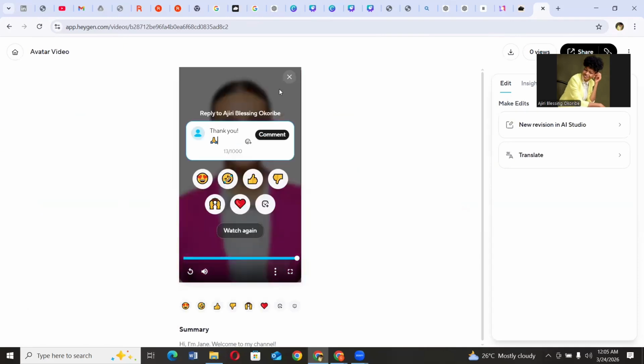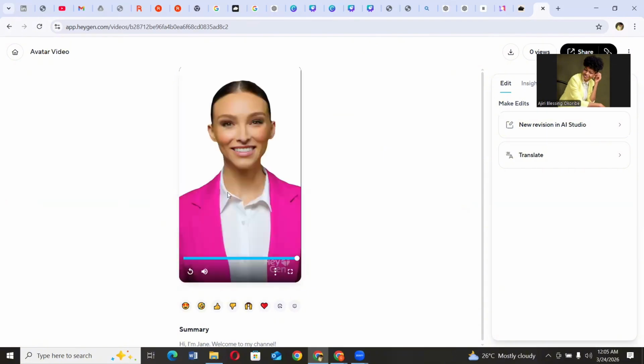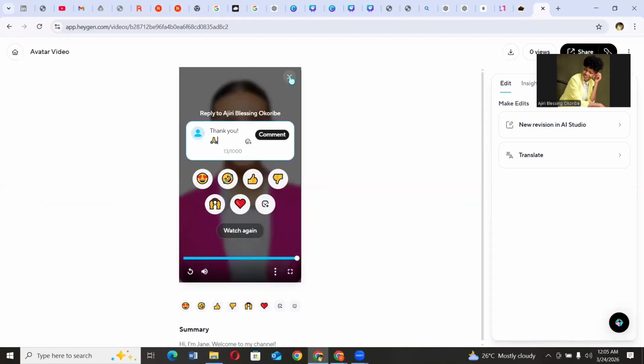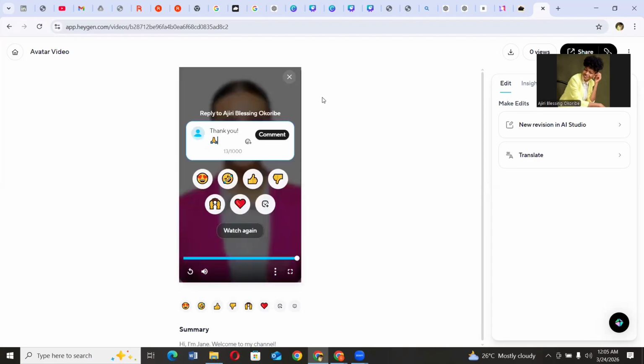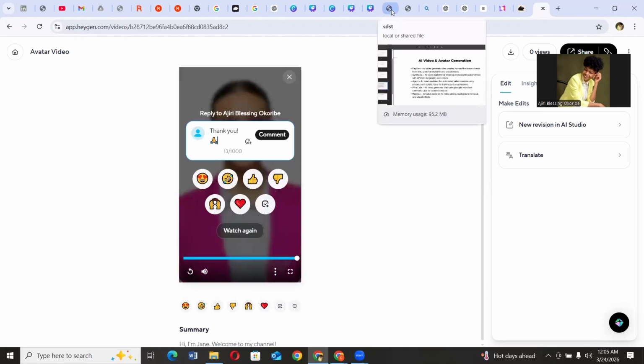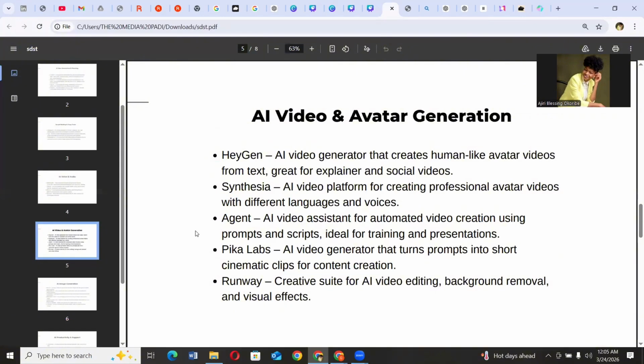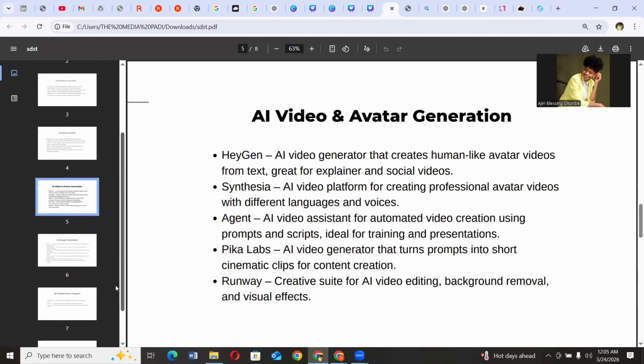See? As simple as that. So if you want it to be longer, of course, it can be, right? But this is the free version. And this is what it typically looks like. So you can create a full script and have an avatar speak on your behalf. So that's the beauty of AI, right? There's literally nothing you can't do. So there are other tools. Like I said, Synthesia is a more advanced level of this. Let's go to the next one, which is